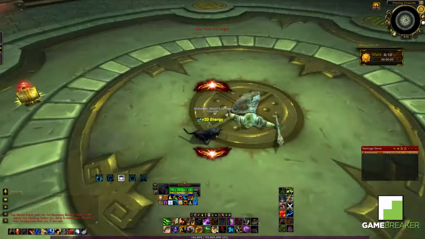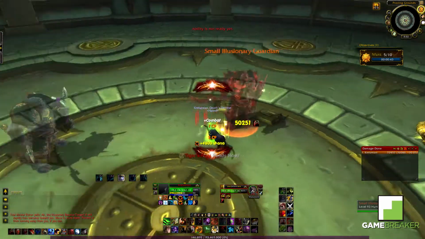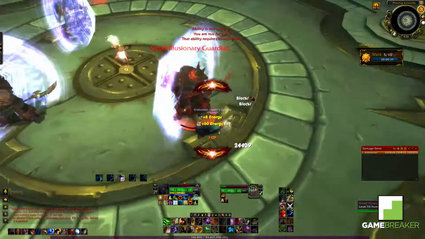So I'm going to activate Savage Roar here. They've got 4 seconds left. We've got 3 Guardians that are going to spawn. So I'm going to Rake, then Rip, move to the second one, Rake, then Rip, activate Tiger's Fury, Rake, then